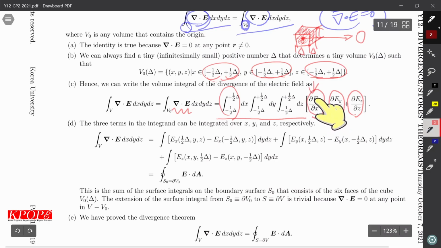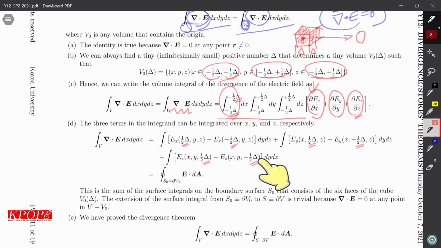After x integral, what we obtain is the upper bound of x coordinate, subtracted by lower bound of x coordinate. The second term, upper bound of the y coordinate, lower bound of y coordinate, and z component, upper bound of z coordinate, lower bound of z coordinate. So, first term,